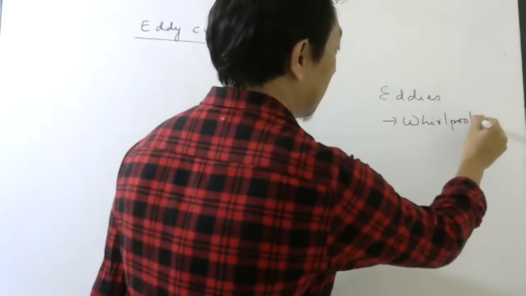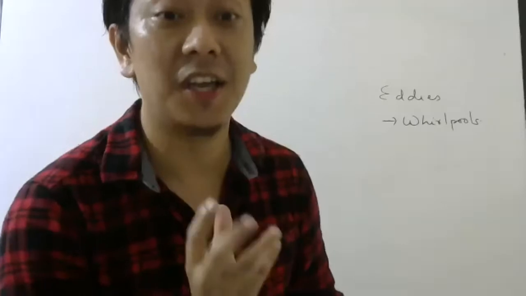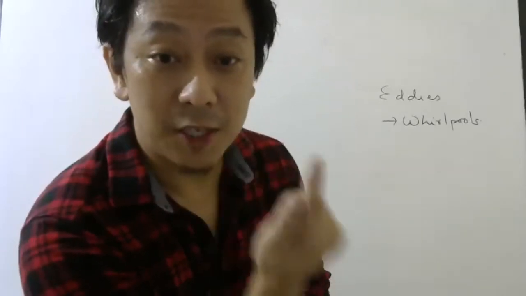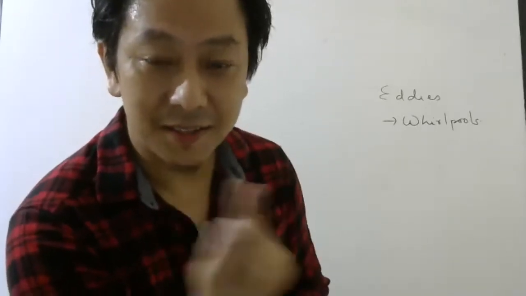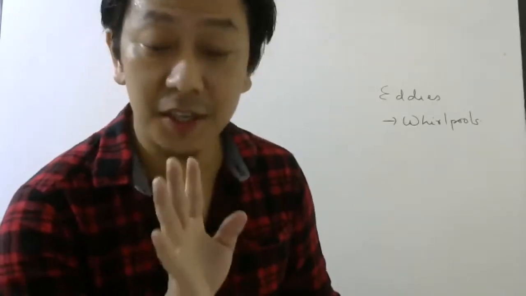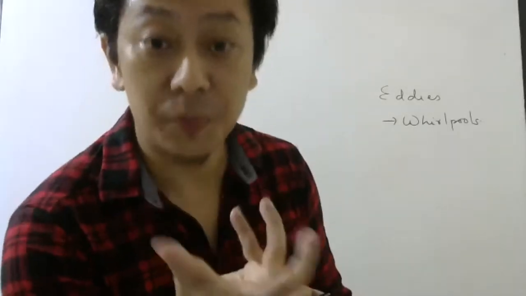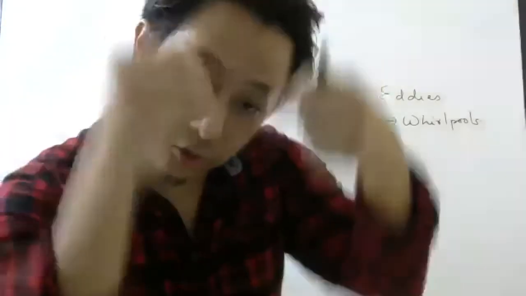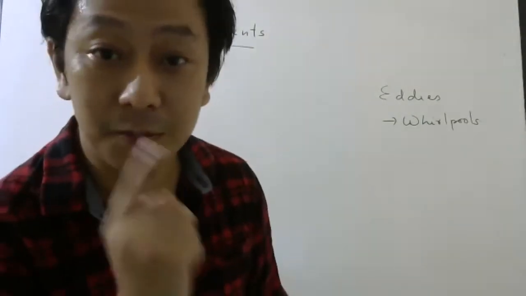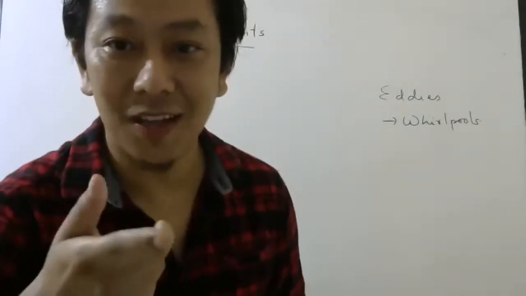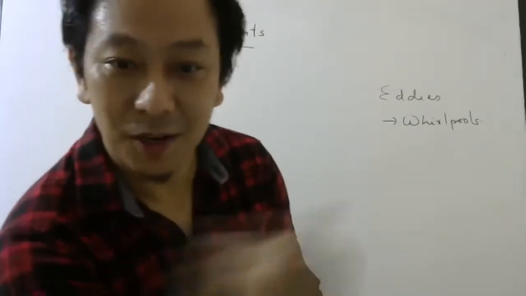Whirlpools. I hope you know that in certain rivers, if a low pressure area is there, the water will spin like this. Some of you have seen. It is very dangerous, students. If you try to go near that, it will suck you, because it's a low pressure area. Once you go there, it will be very difficult to come out. So eddies means whirlpools, something going like this. And you have heard in the advertisement also, whirlpool. In a washing machine, things will rotate like this.